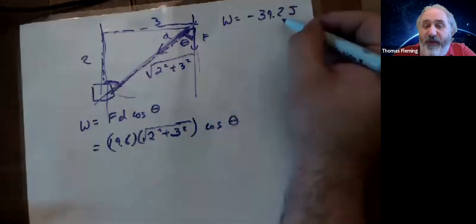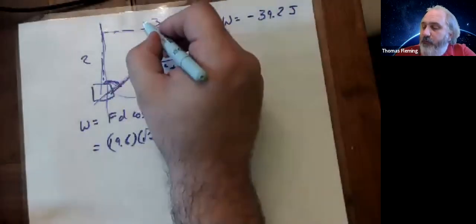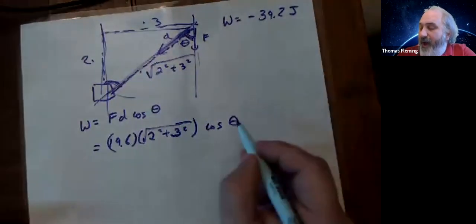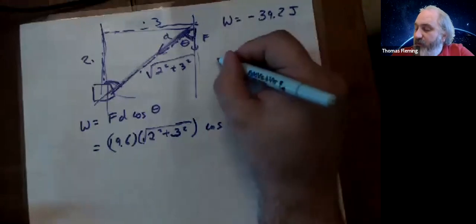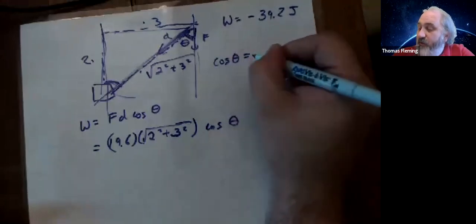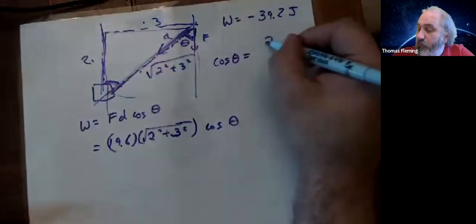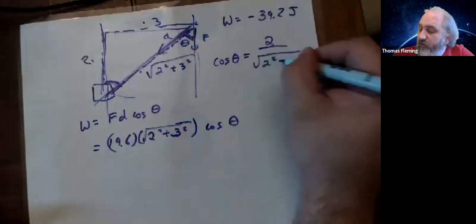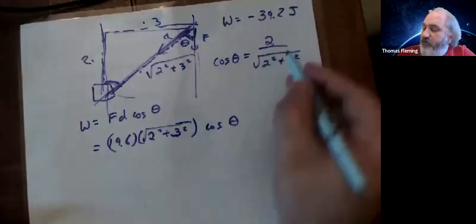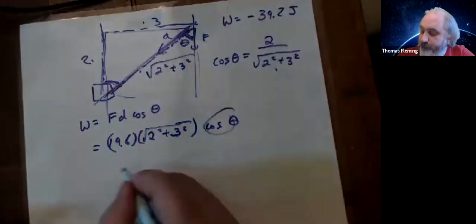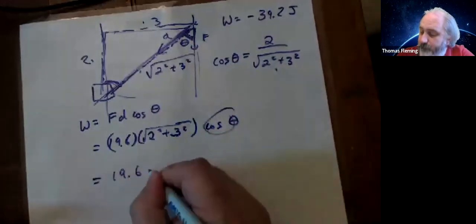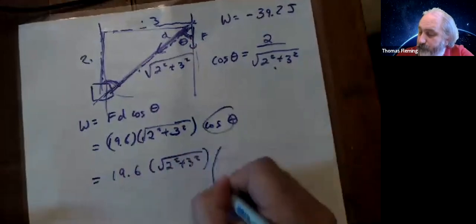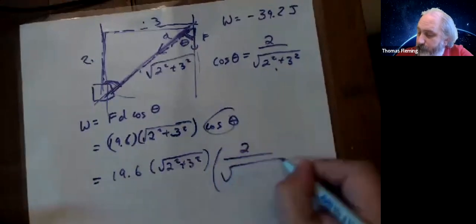I'm looking for the cosine of theta, right? The cosine should be the opposite over the hypotenuse, or should be adjacent over the hypotenuse. So I don't even need to know what that angle is. I know that the cosine of that angle, whatever the heck it is, should be the adjacent side of the triangle, which is 2, divided by the hypotenuse, which is the square root of 2 squared plus 3 squared. So let's just replace the cosine of theta with this. And you can see now